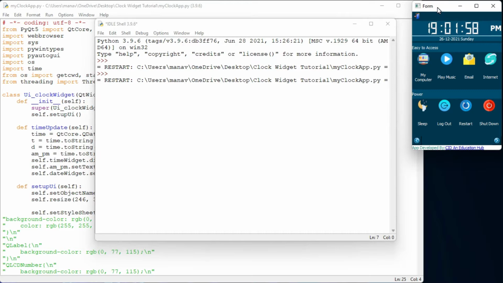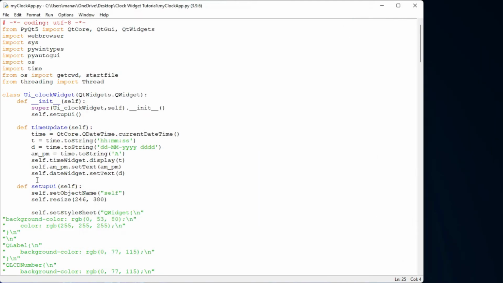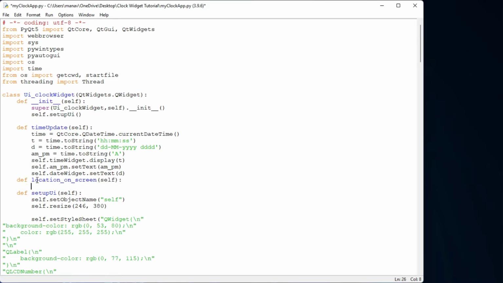top right corner. So what I will do, I'll come here in my code and make one method and name it location_on_screen. Under this let me pass self first, and now I'll use PyAutoGUI to get the screen size of my computer.